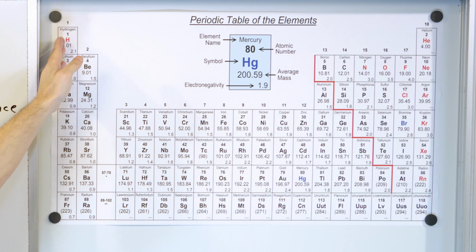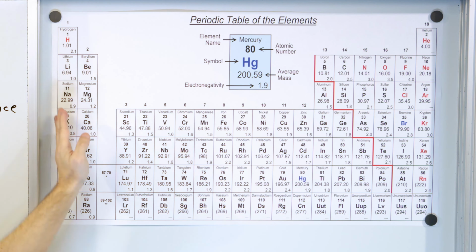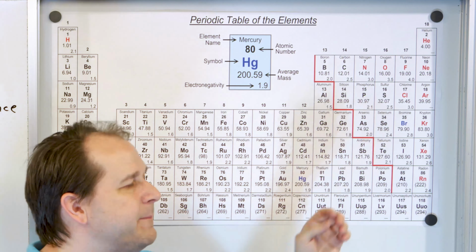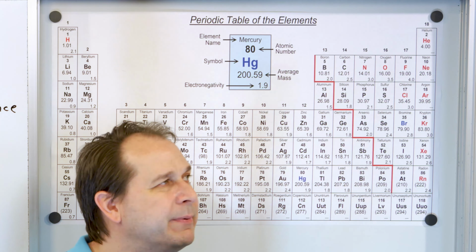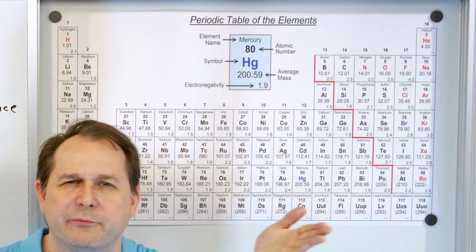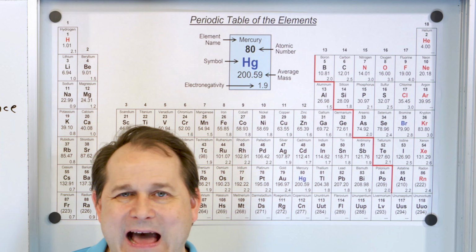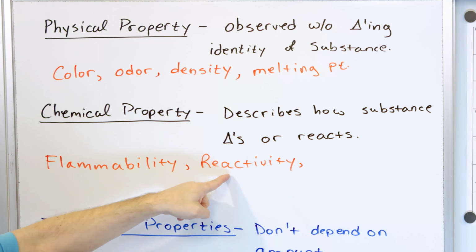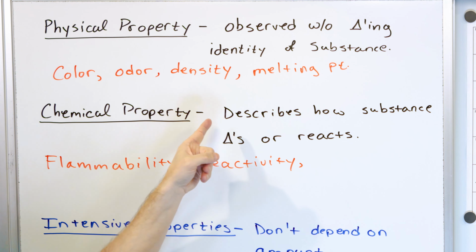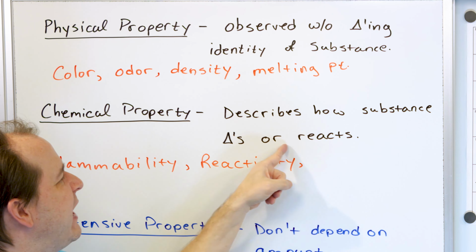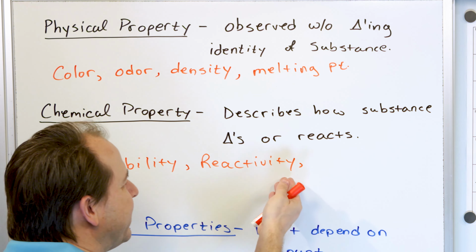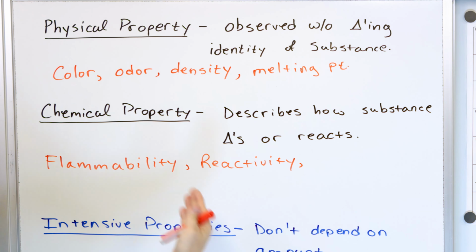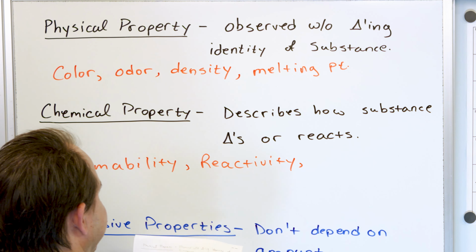But on this side of the table, you have extremely reactive things. And you have a manner of reactivity all the way through the table. But you see, the only way I can measure the reactivity of something is to allow it to react. I have to allow these things to react with something in order to see if they're reactive or not. And so reactivity is a chemical property because it's basically describing when a chemical changes or reacts. There's really no way to measure reactivity without allowing it to react, which means to undergo some sort of chemical change.